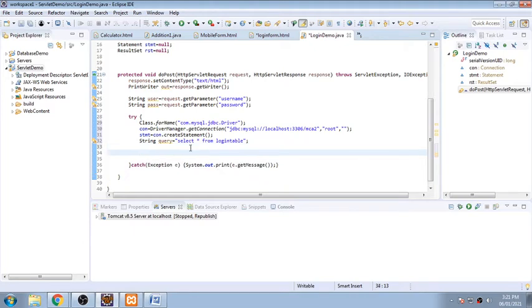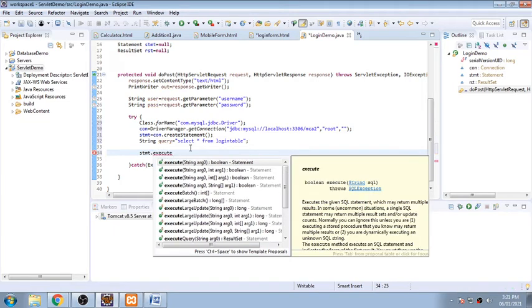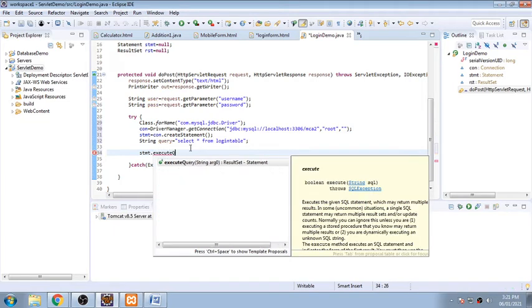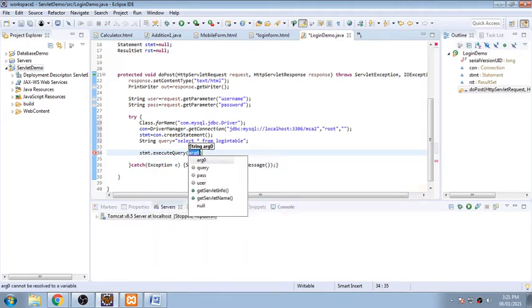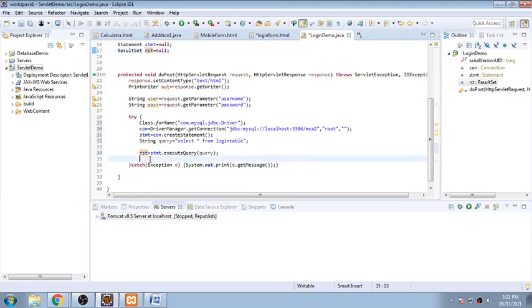Okay, and then after that a statement stmt dot executeQuery, and into this I need to give this query which I have written. So once it has been fired, automatically it will be stored into one variable. We call it a result set. So rst, we have already defined that result set. So rst is the result set. So it is there.